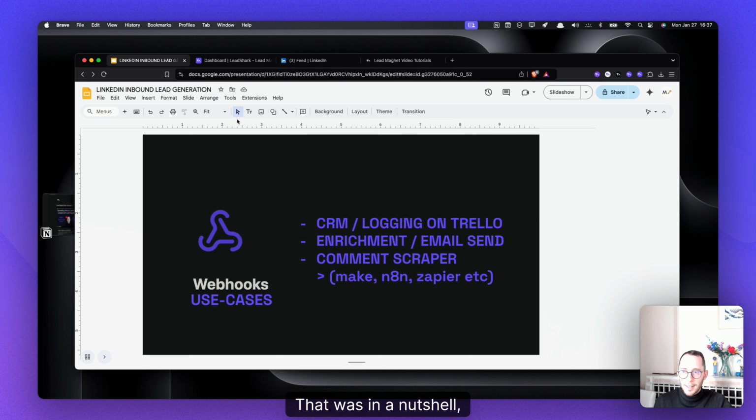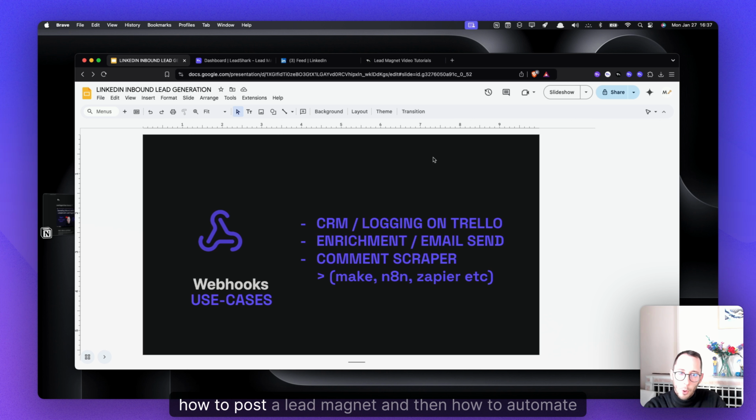That was, in a nutshell, how to come up with ideas, how to post a lead magnet, and then how to automate the running of the lead magnet